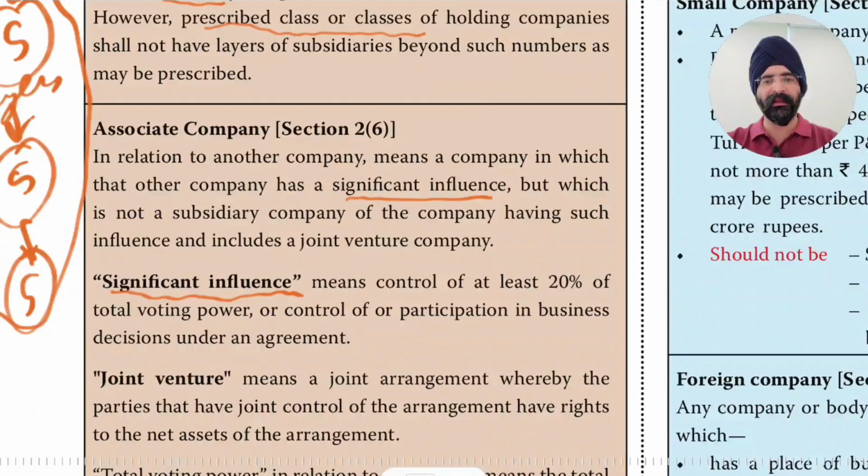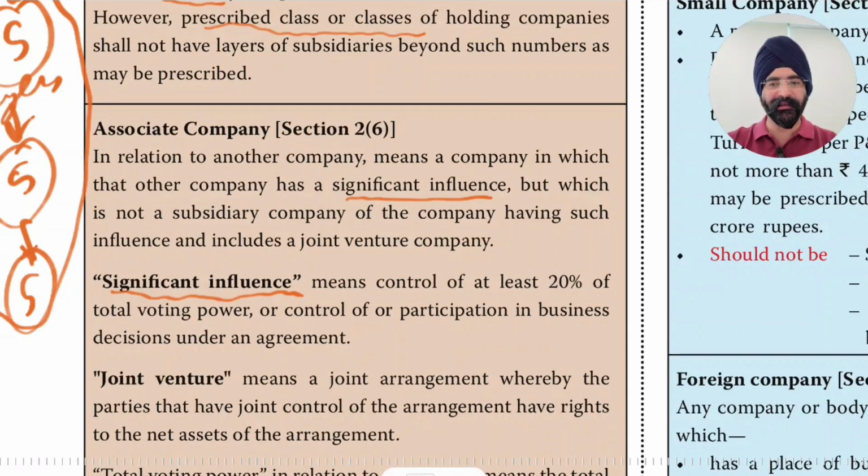members included. The other condition for exercising significant influence is control of or participation in business decisions under an agreement. There is an agreement where you have control in business decisions, or where your participation is required in business decisions. There are certain decisions relating to business which require your concurrence, your involvement, your approval, consent, or participation. So if these conditions are fulfilled, then a company will qualify to be an associate company under